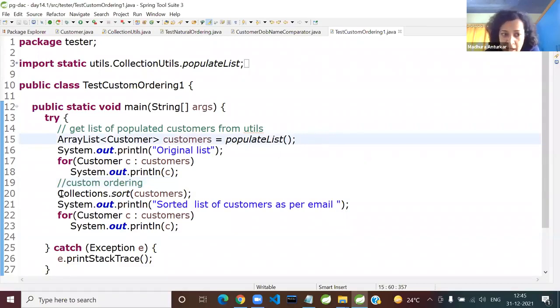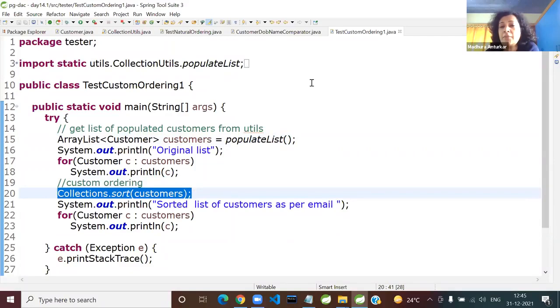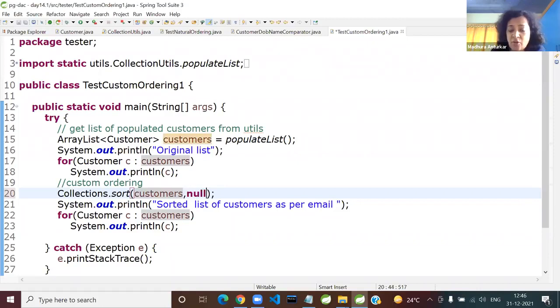So now tell me, if I use a single argument sort method, is it going to give me that date and name based sorting, or is it going to give me that email based sorting? Email based. Because if you don't supply any comparator, or even if you give the second argument as null, you can try all these things. Don't trust a letter of what I'm saying. Here, if you don't supply any comparator, or if you supply the second argument as null, what will it use? Natural ordering criteria or custom ordering? N or C? Answer is natural ordering.